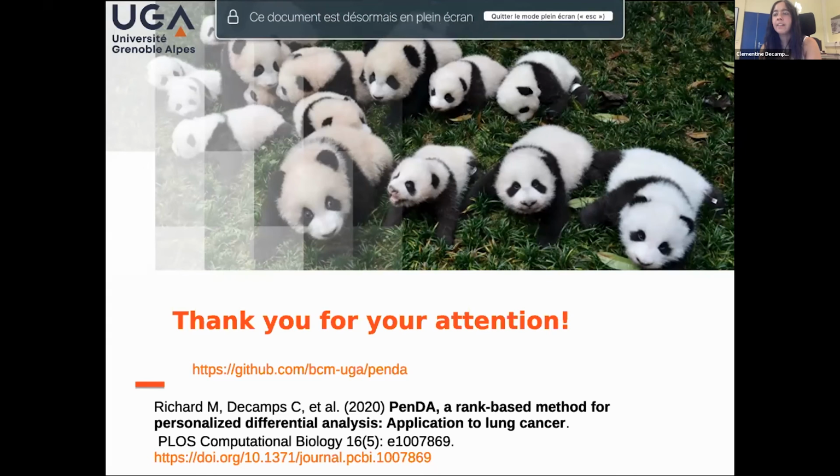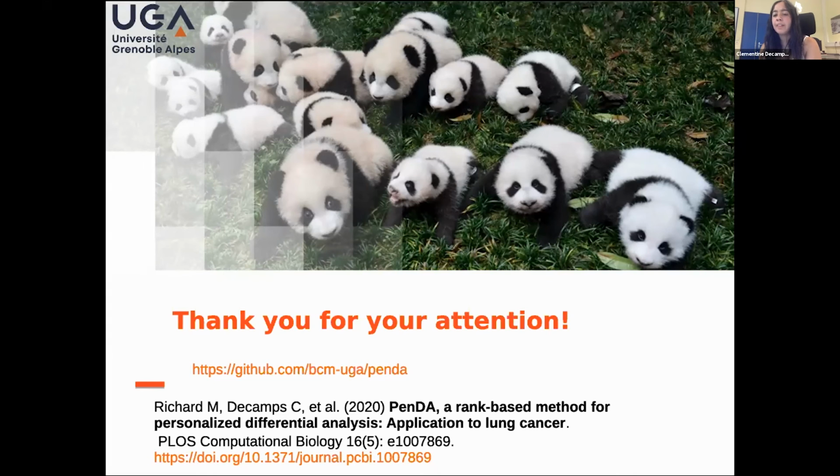In fact, with Panda, you are more robust to the batch effect like this because you look at the samples one by one, and you just look at the rank in one sample and not the global expression of one sample compared to others. So I think it can work. I don't see a reason why it can be a problem.